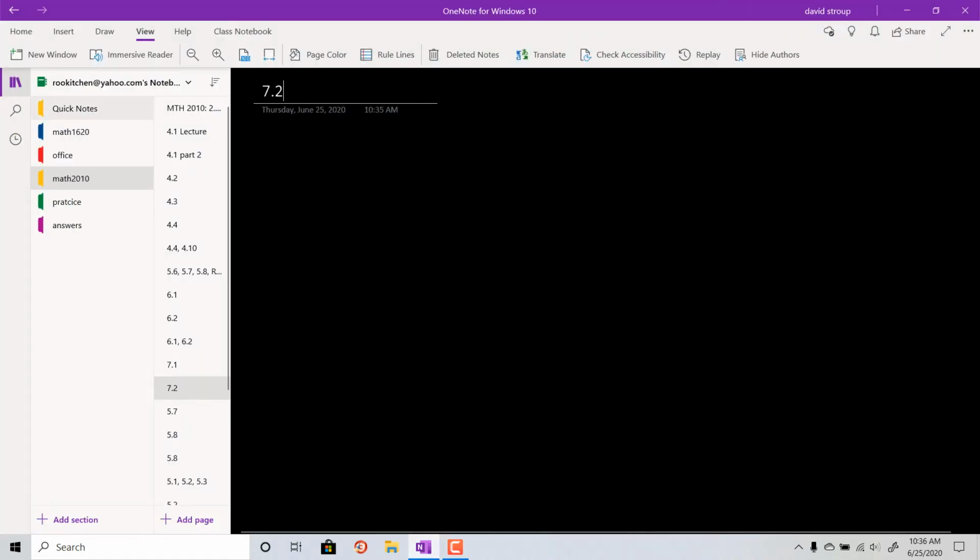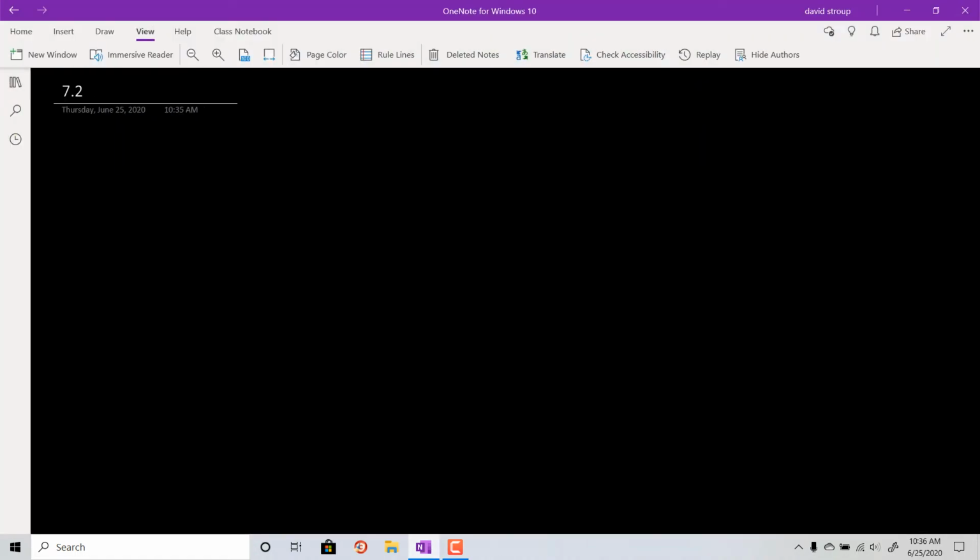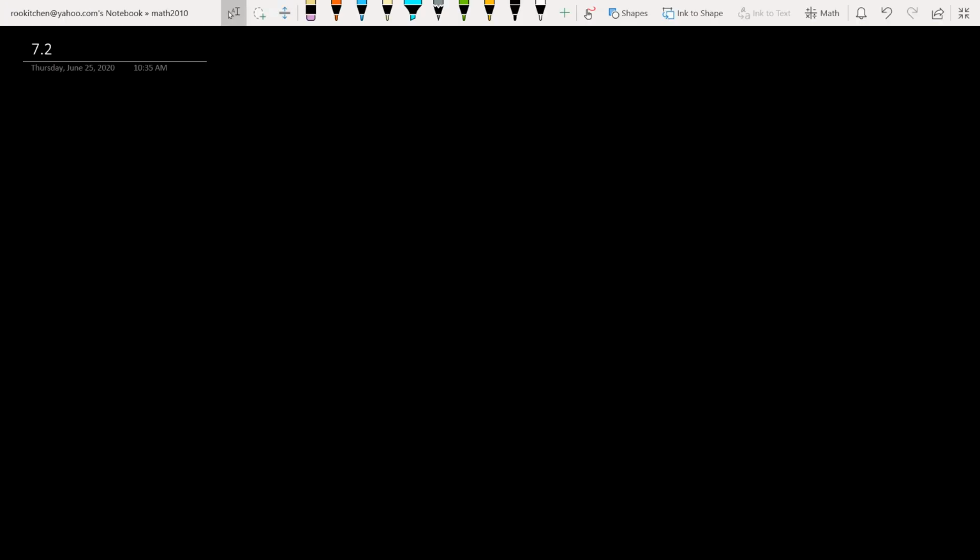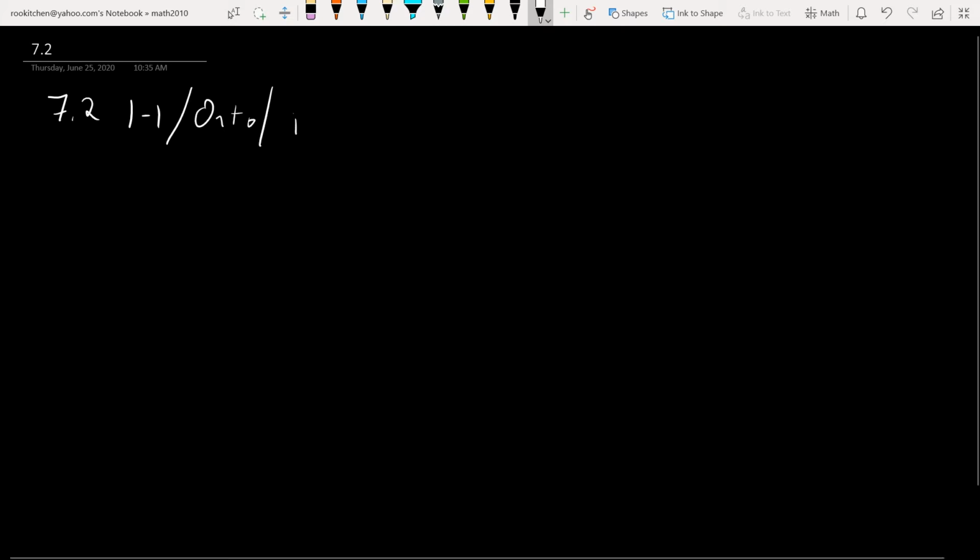Okay, welcome back. Today we want to look at 7.2. So this is about functions still. In particular, one-to-one and then inverse functions and onto functions as well. So 7.2, we have one-to-one, onto, and then inverse